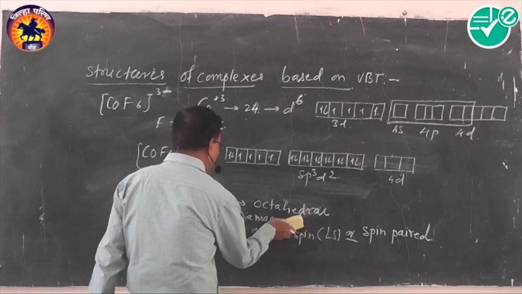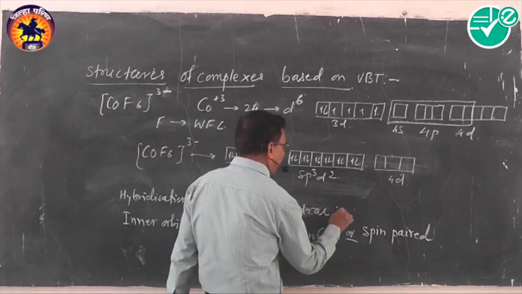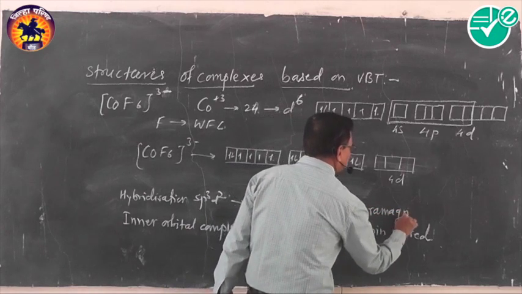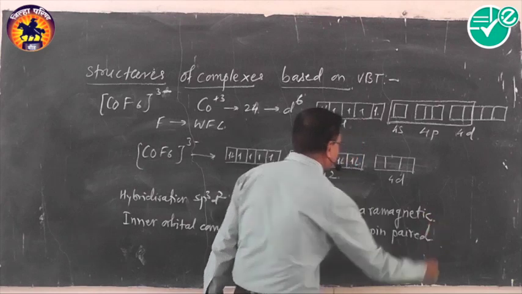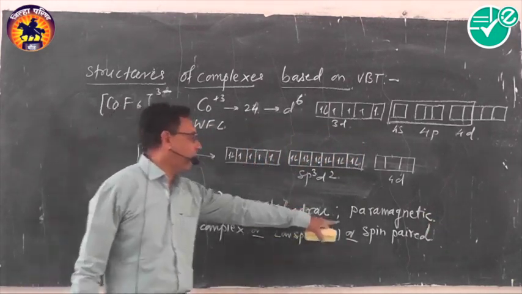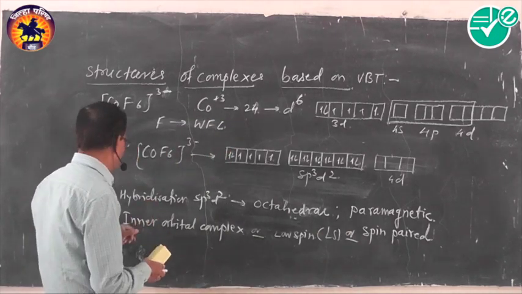Since it contains 4 unpaired electrons, it is paramagnetic in nature. So the magnetic behavior of the complex is paramagnetic, because it contains 4 unpaired electrons. Then in this case, outer d